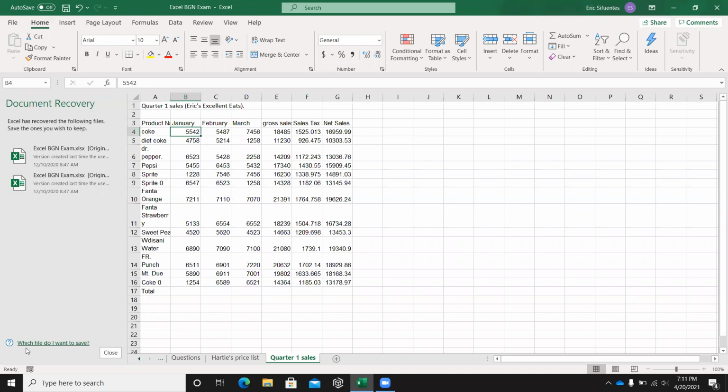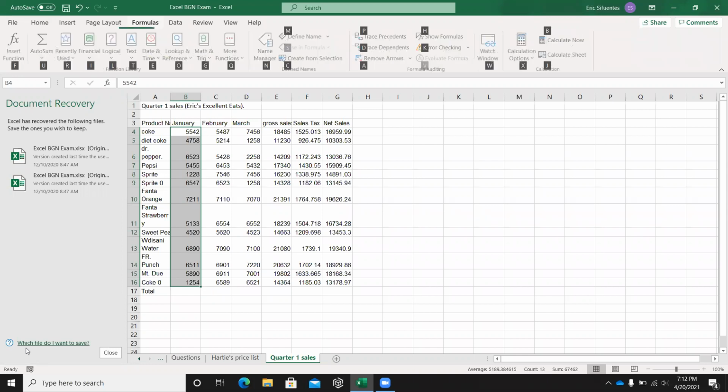Starting here at row 4, B4, 5542, we're going to do Control Shift down arrow to select the column. We just selected everything from B4 to B16, 1254. It stopped at B16 because under B16 there's nothing but blank. And we know that in B17 we are going to add up all of these numbers that I just selected. Now, to do that really quick, all you got to do is do Alt-M to get to the